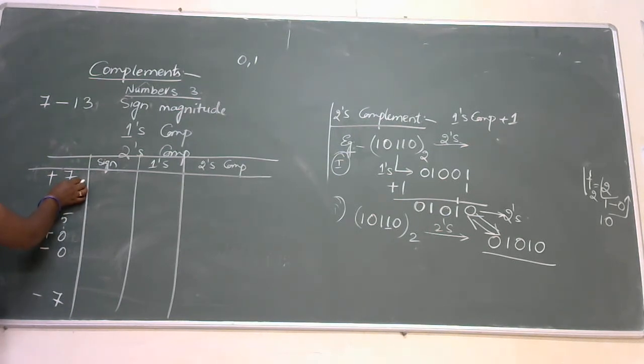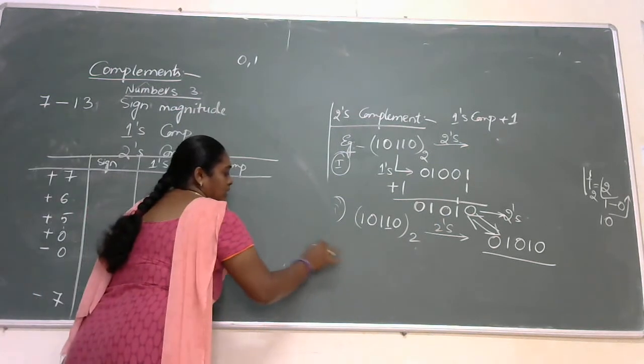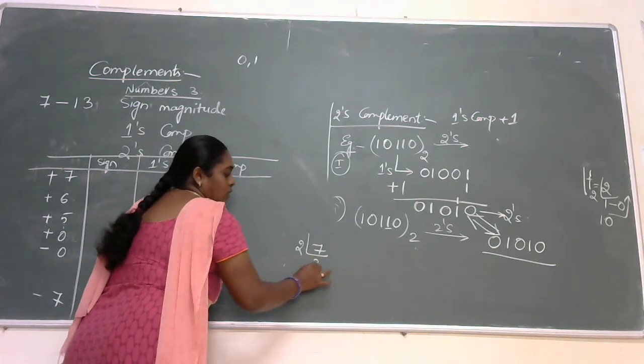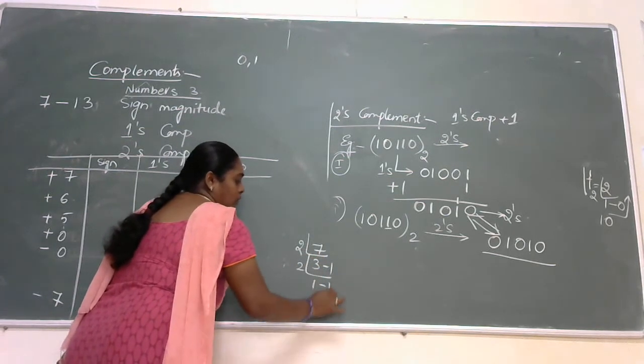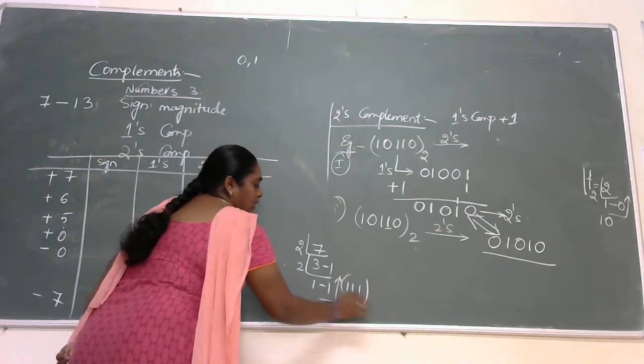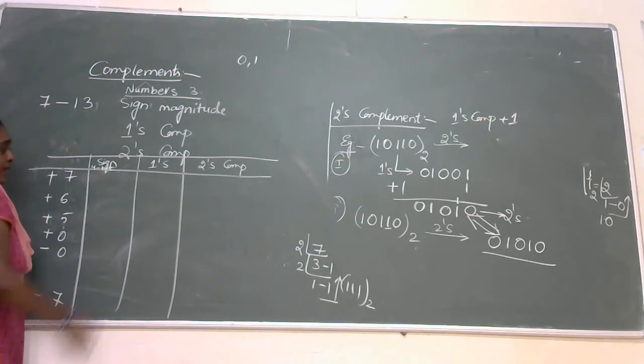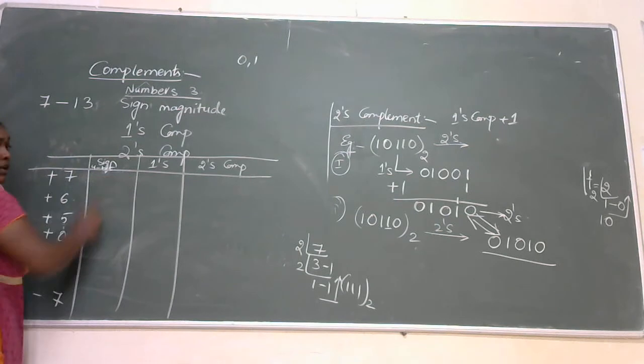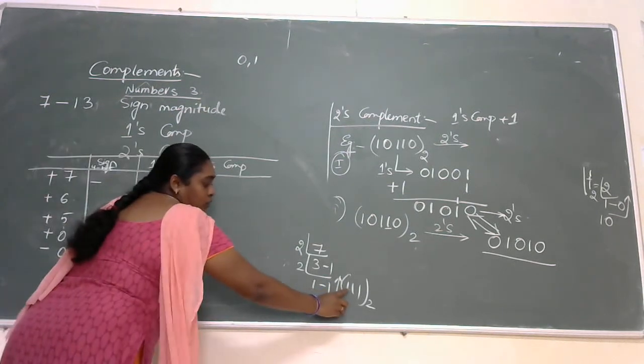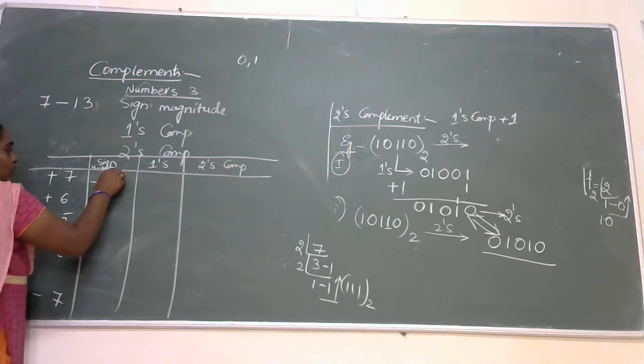So in this example, I am assuming that the maximum digit is 7. The 7 equivalent in binary, we need to divide 7 by 2, so we are getting 111. So the 7 equivalent in binary is 111. Here, as it is plus 7, I am assuming a 4-bit register, meaning it has the capability to store only 4 bits. In these 4 bits, the most significant bit is the sign bit followed by the magnitude. So the magnitude for 7 is 111.